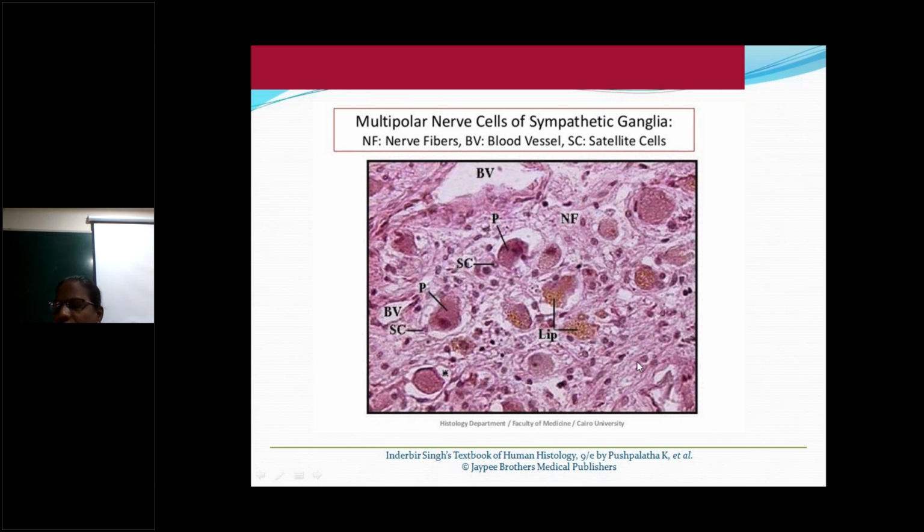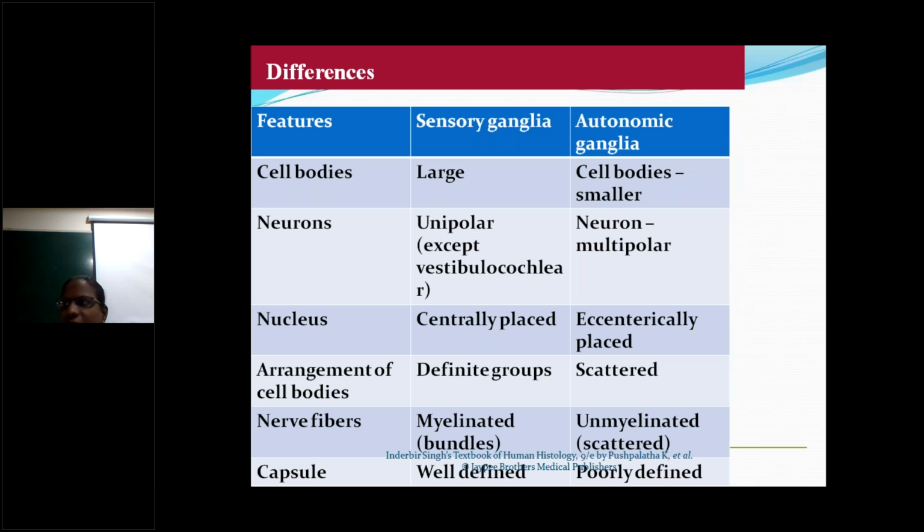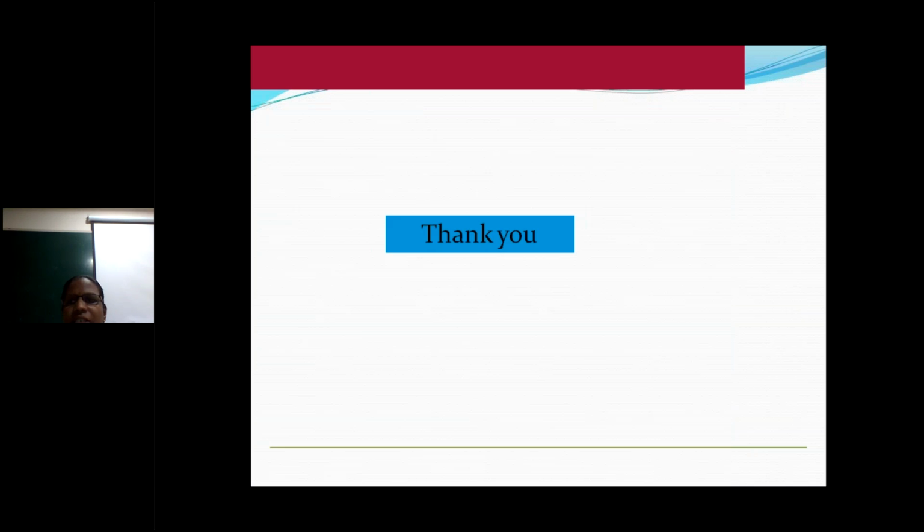We all know that the neuroglial cells are astrocytes, oligodendrocytes, and microglia. So they may ask a 4-mark short note on the neuroglial cells. Identify the structure of the cell and describe the function of each cell. So that is about the different types of slides you are able to see in the general histology part. This is about the general histology slides part.